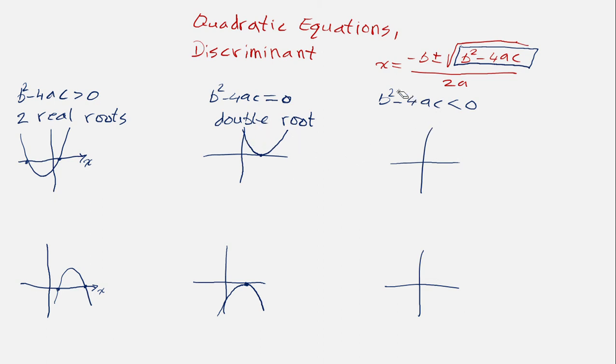And then the last possible option was that the b squared minus 4ac discriminant is negative, less than 0. That means here under the square root, we will have a negative number. Well, the square root of a negative number is not a real number. But that doesn't mean we don't have two solutions. We have two complex solutions,